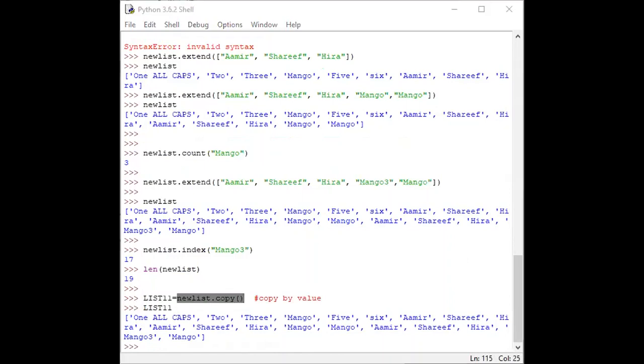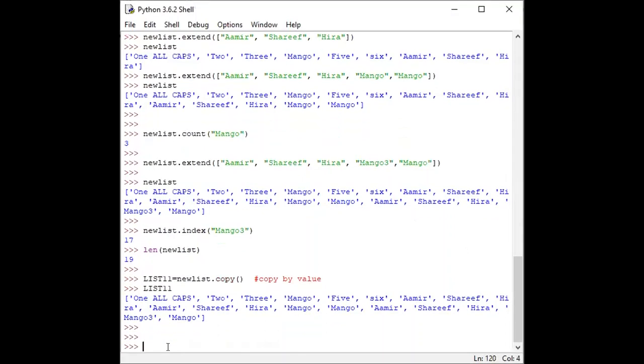In this way we can copy our list to another list, but we can also copy in another way. For example, I can write another name. Latest list is equal to new list.